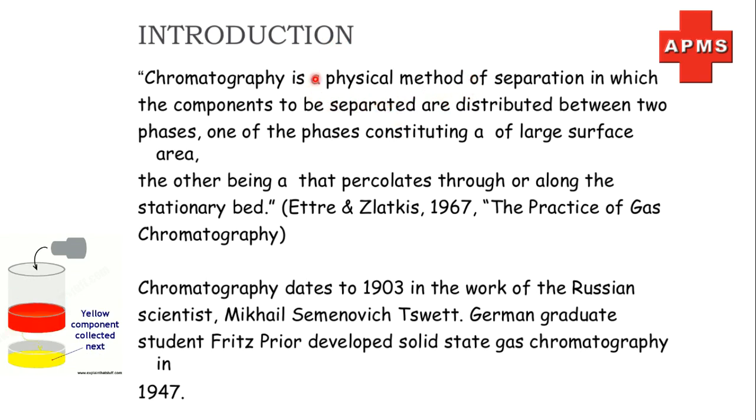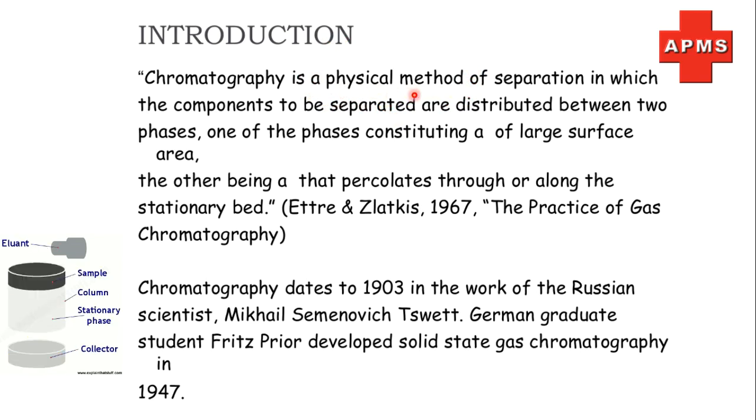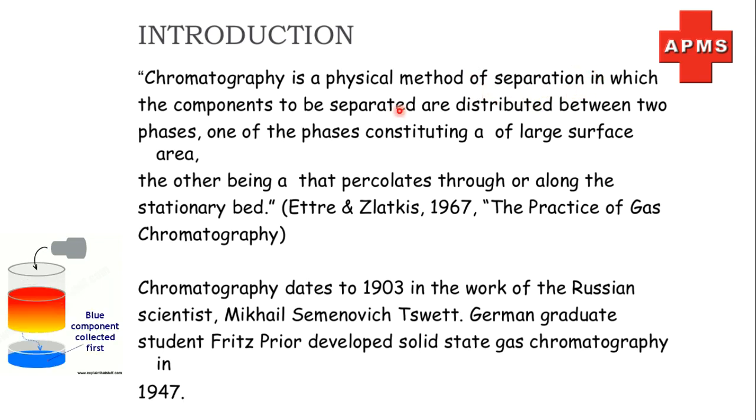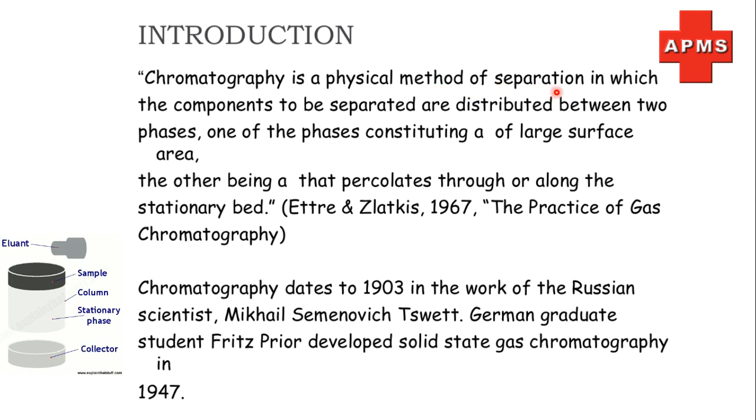That separation is only a physical separation, a physical method of separation. See, what is chromatography? It is a type of separation of a mixture. That is a physical method. So chromatography is not a chemical method, it is a physical method of separation of a mixture of compounds, especially we separate